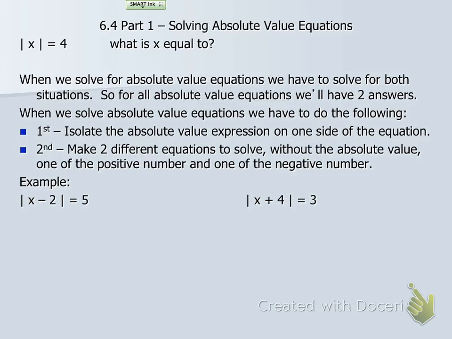Okay, we're going to be solving absolute value equations today. So a couple things to take note of. For each of these, we're going to have two answers. When we solve them, the first thing we want to do is isolate the absolute value on one side of the equation. So just like in the example on the top, on the left-hand side I have just absolute value on one side, a number on the other side. Same thing with both of these examples. Absolute values on one side,